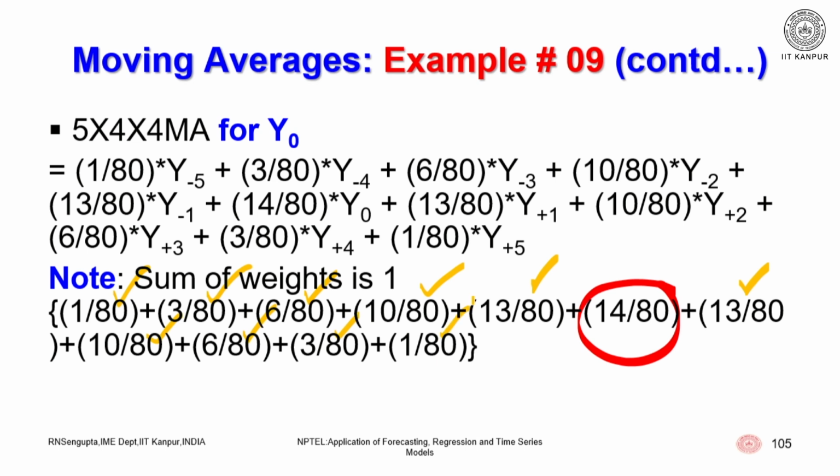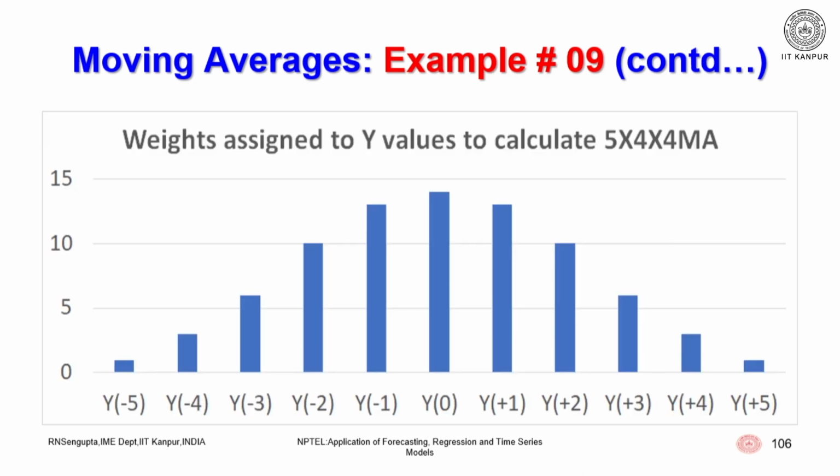That means, now if I am able to find out the histogram, it slowly looks like a very smooth curve. So, these are the weightages which I have, if you remember. So, weightages assigned to y values calculated in the example of 5 cross 4 plus 4 moving average. And the histogram, very interestingly, comes out to be a normal distribution, and that is what has been the main